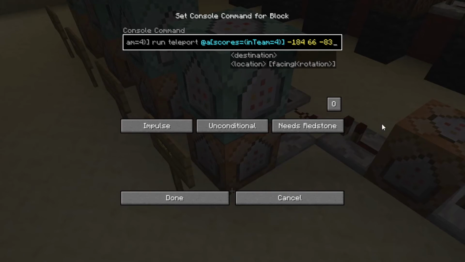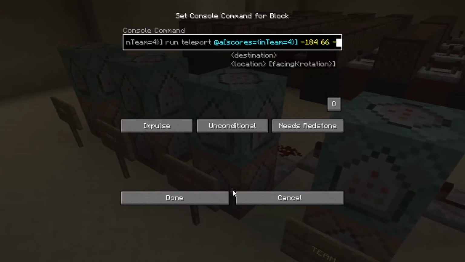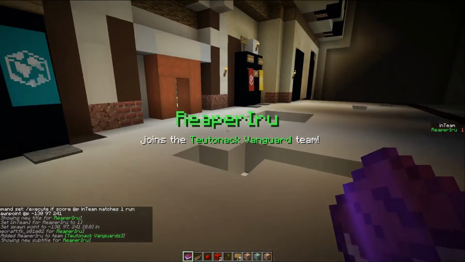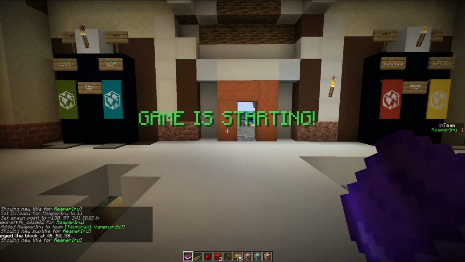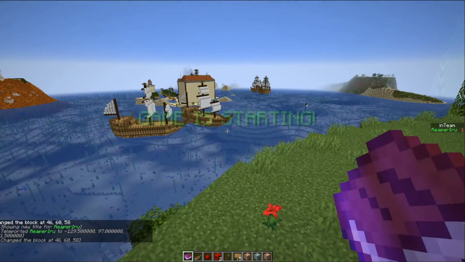We now make sure that everyone in team 4 is going to be teleported to their bases. Now quickly set it for the other 3 teams. So let's join the Teutonic Vanguards. Great, that's going to work just perfectly. If we now start the game, we get teleported to their island. And as you can see, it's a beautiful island. You have